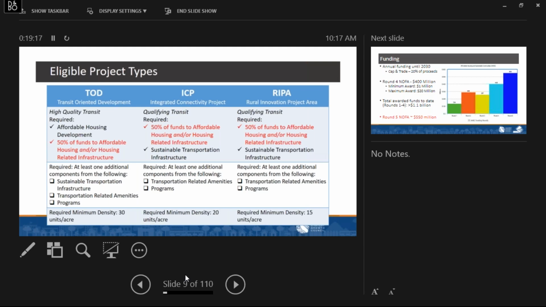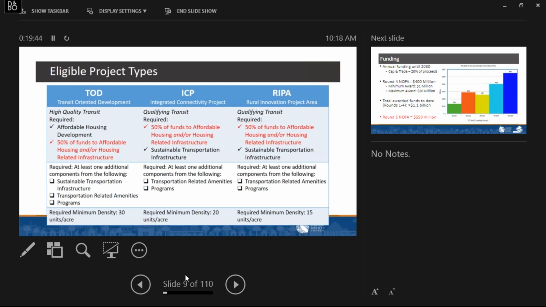Notable for this section is that if you're building a qualifying transit stop as a part of your project, that can still qualify, whereas with TOD, you have to have high quality transit at the time of application in order to be categorized as TOD. So the ICP project area types